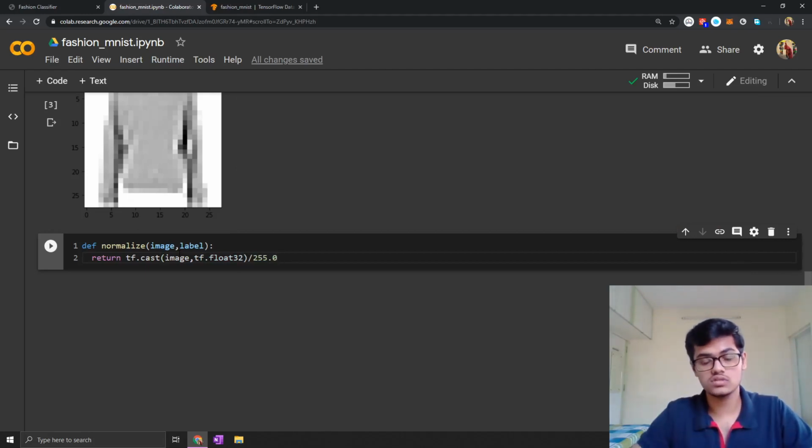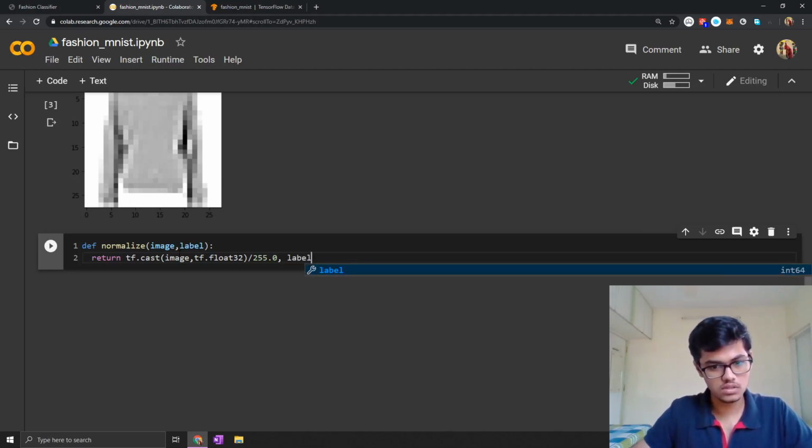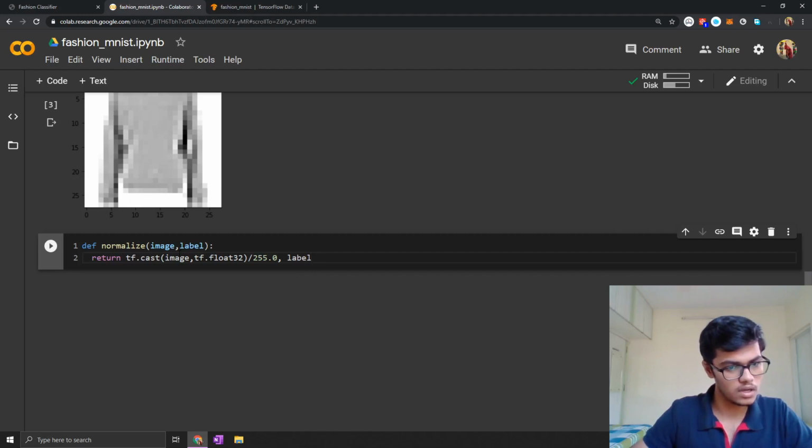The values in the NumPy array are between 0 and 255, so we will normalize, meaning convert the values to between 0 and 1, as the neural network architecture works best when the input values are between 0 and 1. After that we will return our labels. I hope this is correct.